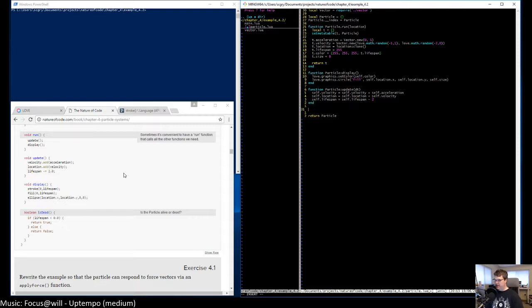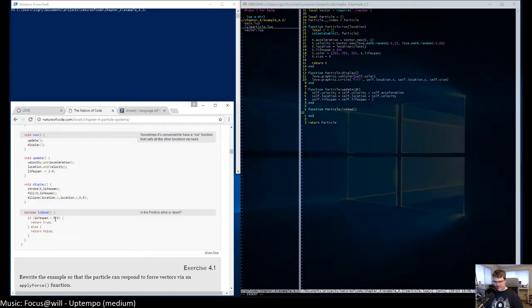Then we need an isDead. So all this is going to do is check to see if the lifespan is less than 0.